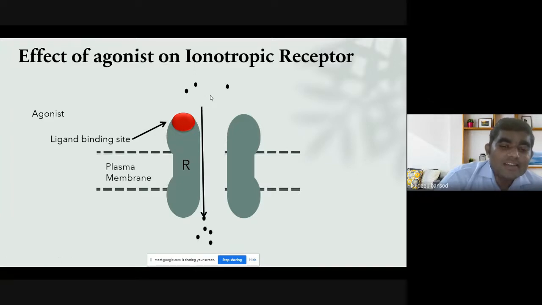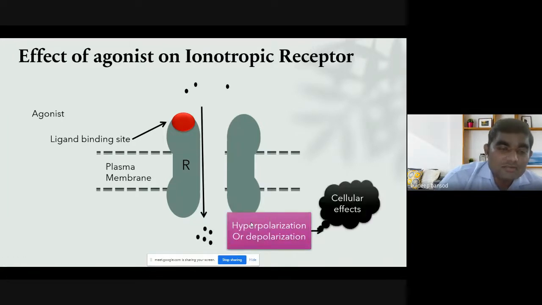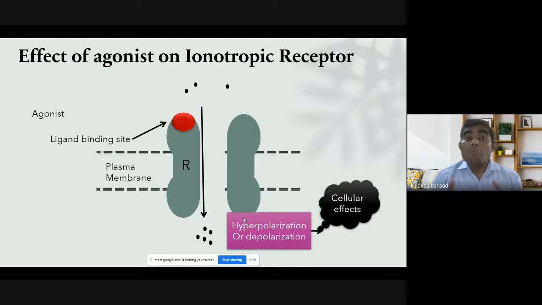Movement of the ions inside the cells causes hyperpolarization of the cells and leads to the cellular effects, isn't it? In this way, animation will help to recognize what actual mechanism takes place inside the cell.